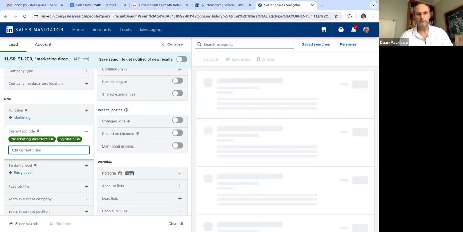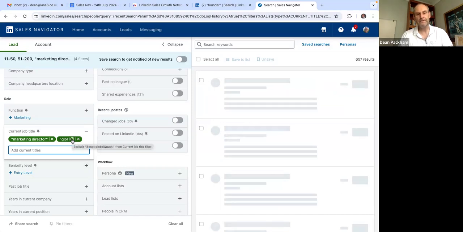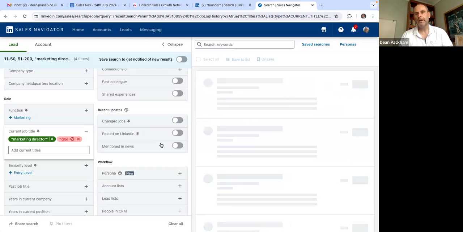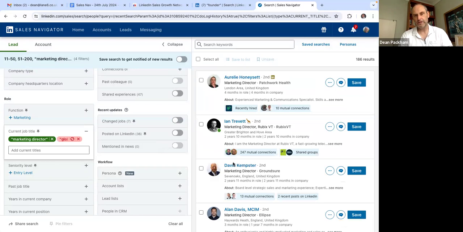so double quotes. And then if you hover over, it gives you this little circle. If I now click on it, that will turn pink, and that will exclude anybody with the word global in the job title. So my search has lost 6 people. That's got rid of the people who had global in their job title. Okay,